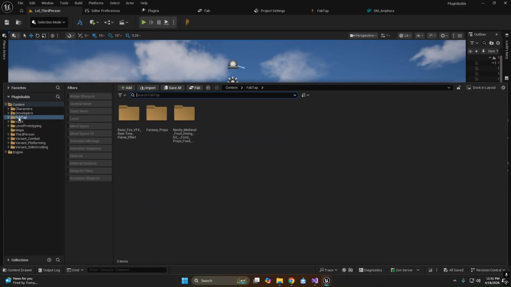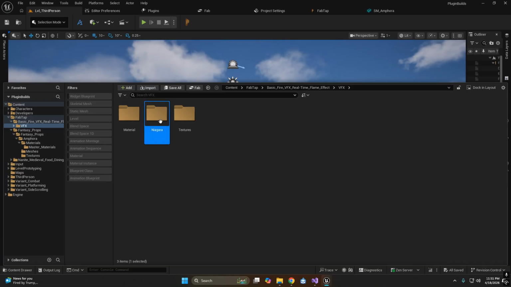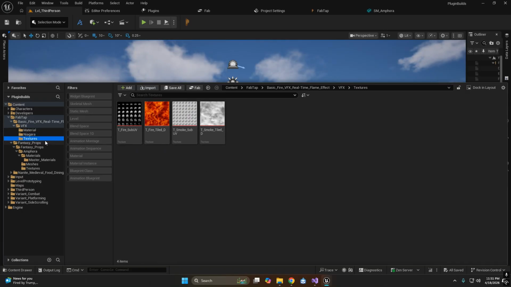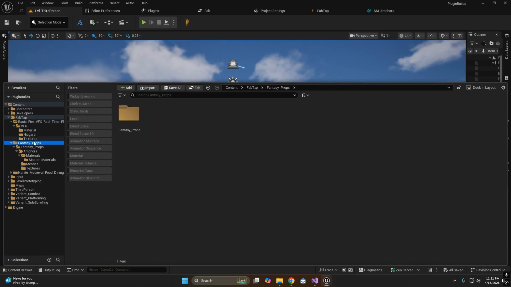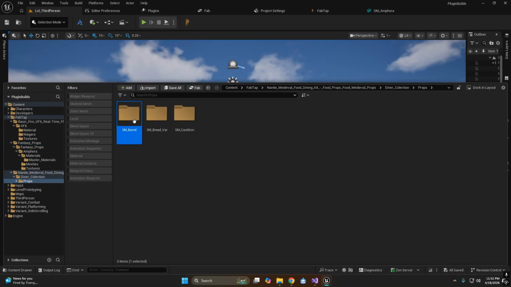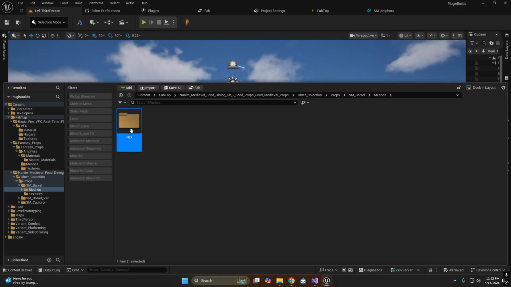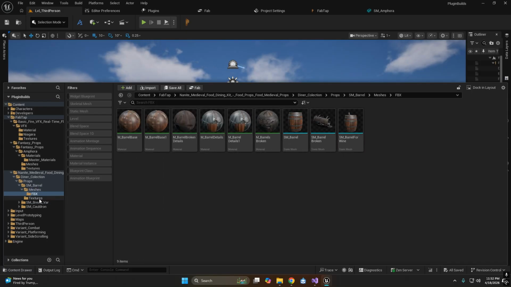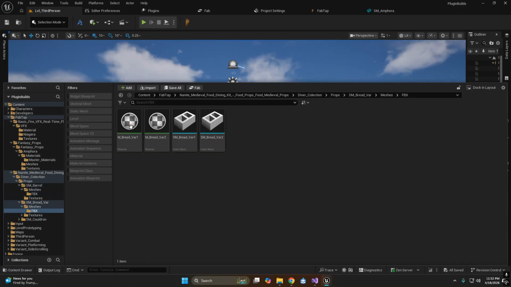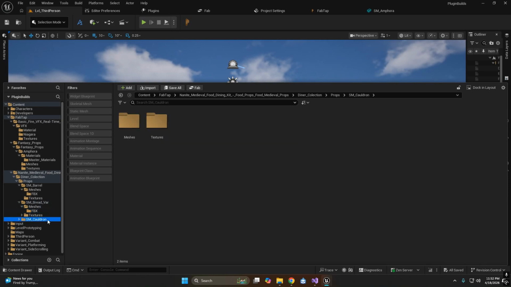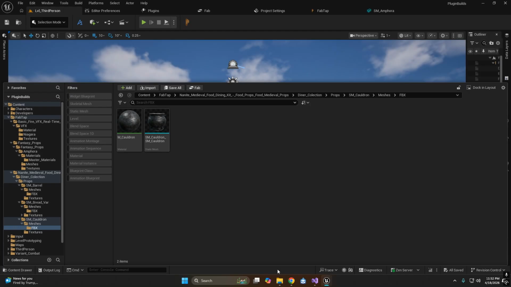Alright, so now we can come over here, and now we've got all of it. It did the VFX, the textures for it, we got the fantasy prop one that we already did, and now we've got also the barrel, the bread, and the cauldron from the other one. So you can do multiple assets at a time,